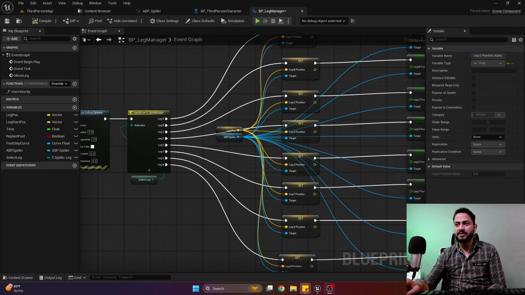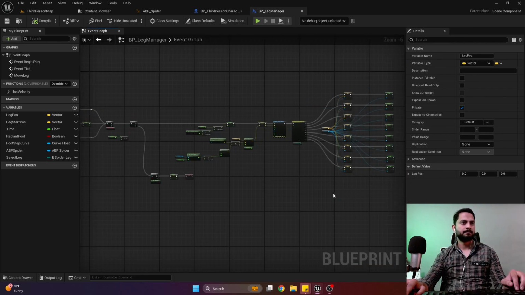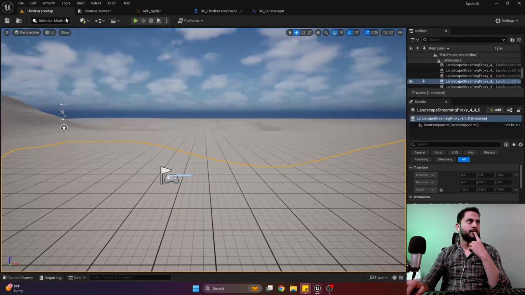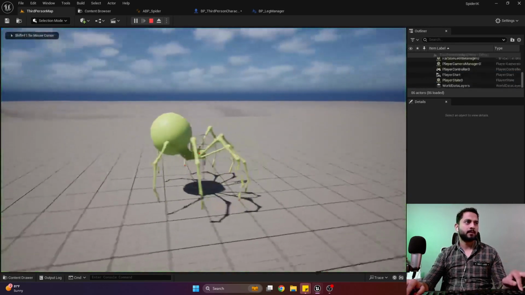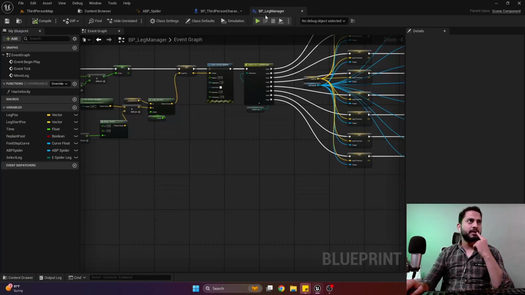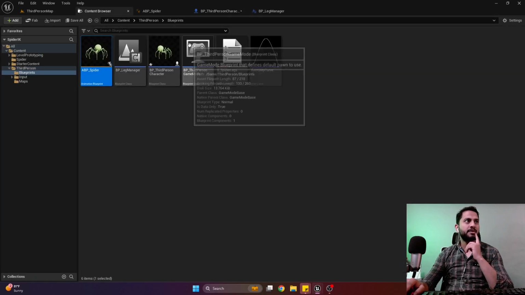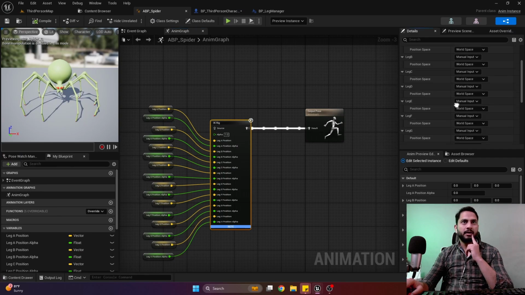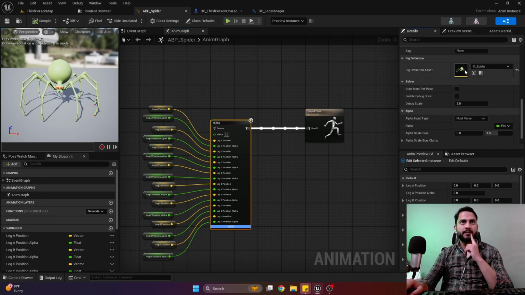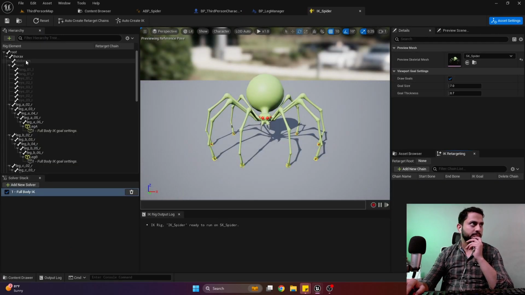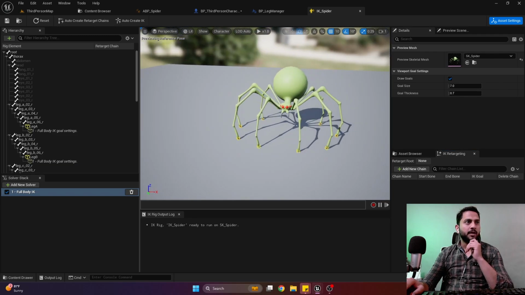We'll fix this one as well. So the issue here is we have not set up our IK Rig properly. So if I open my IK Rig, you can see we have this